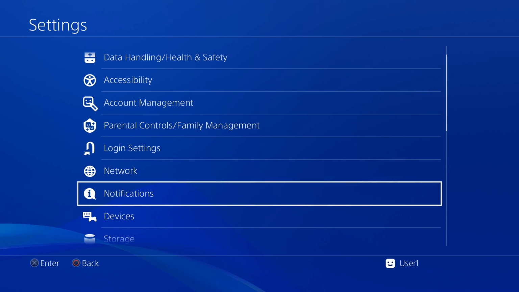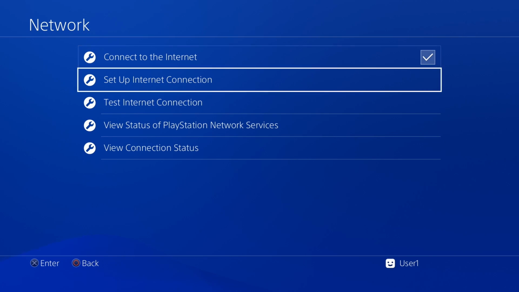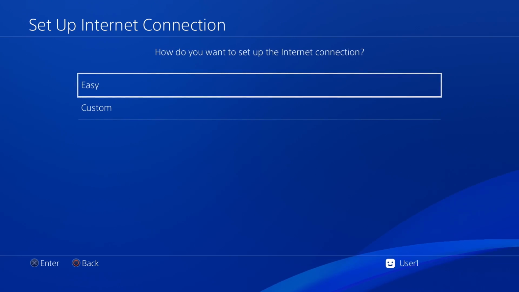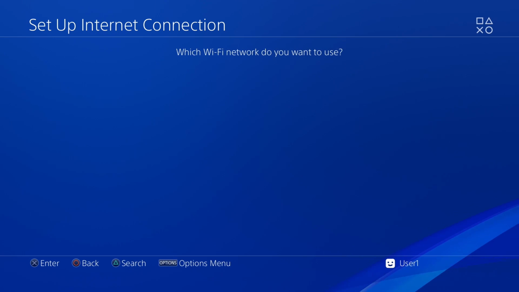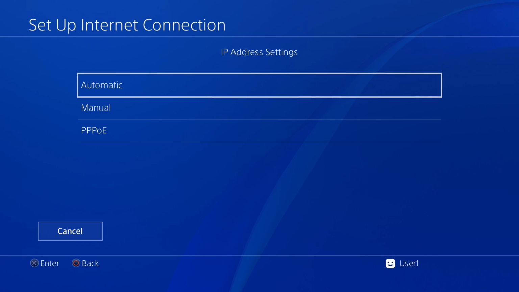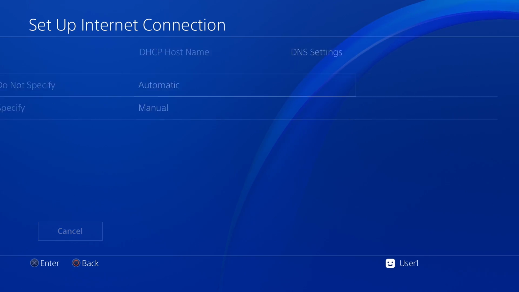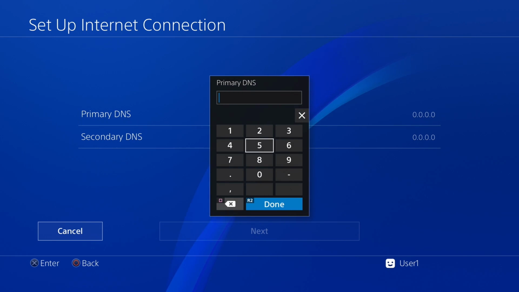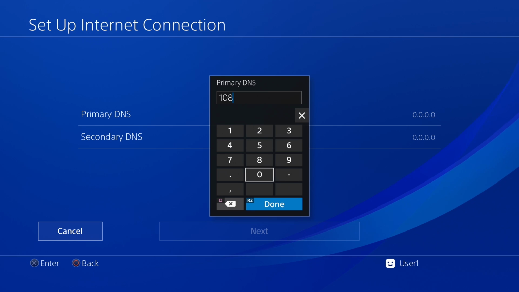What now? Next, we are going to go on the internet, and we are going to go to set up internet connection. Choose Wi-Fi or LAN, whichever one you're using here. And we're going to go to custom. Go ahead, pick your internet. IP address settings, automatic. Host name, do not specify. DNS settings, manual. Primary DNS, let's go. So for primary, we are choosing